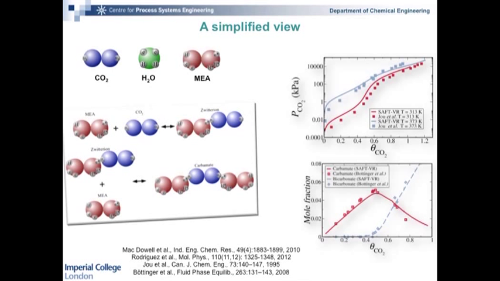And this gives good results in terms of predicting the thermodynamics of these mixtures, these quite complex mixtures. So this is the partial pressure of CO2 as a function of the amount of CO2 in the liquid phase. And so this data are used to develop the model, whereas in this case, we're predicting with the model how much carbamate is formed, this is the red line, and how much bicarbonate is formed here. And you can see that these predictions are in very good agreement with the symbols, which are the experimental data. Okay, so this simplified approach gives a good representation of the thermodynamics of this mixture.